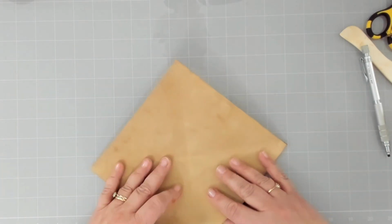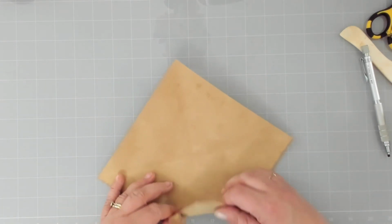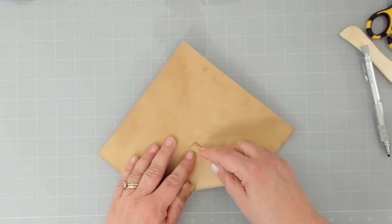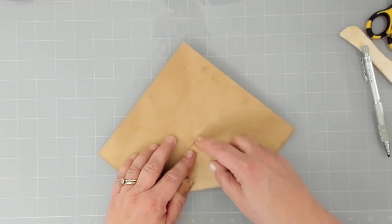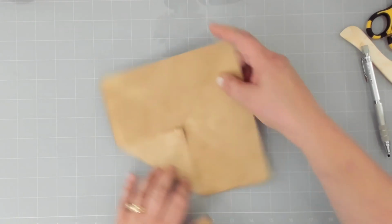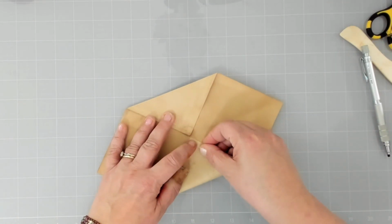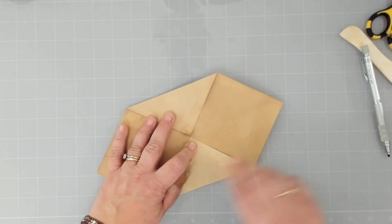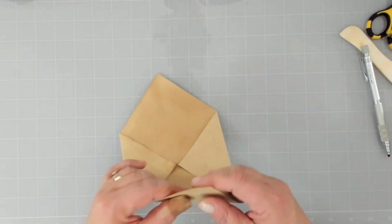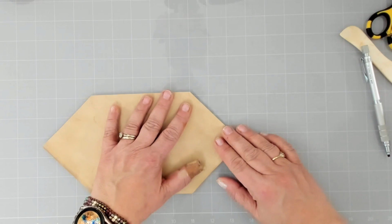Okay, there we go. So then we're going to fold this one. Oh, that's not going to work, so I need to fold it this way because we want that one to be top or bottom. So again, I'm going to fold that in, and I'm just looking at that line that I can barely see for the center. And the same here, trying to get them even. Those tips are almost touching. Okay, like that. And I think before I even fold this, I'm just going to go ahead and try to trim it